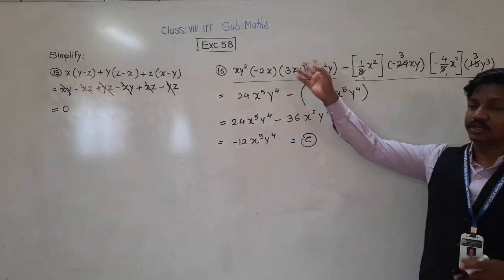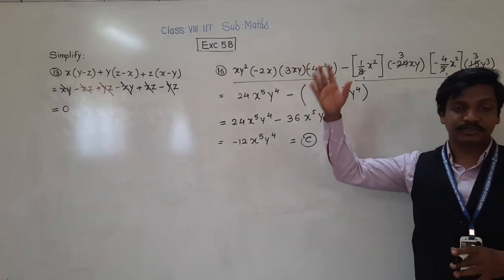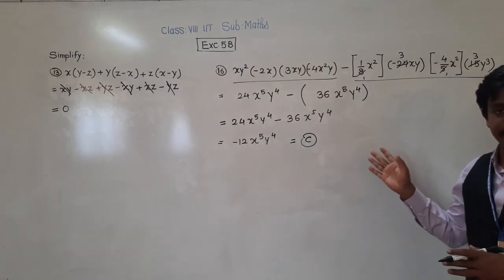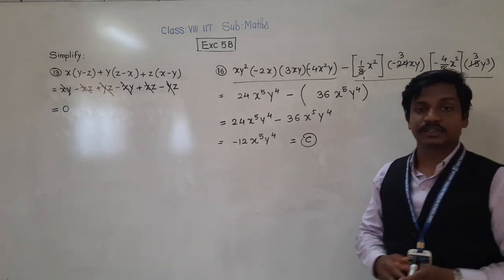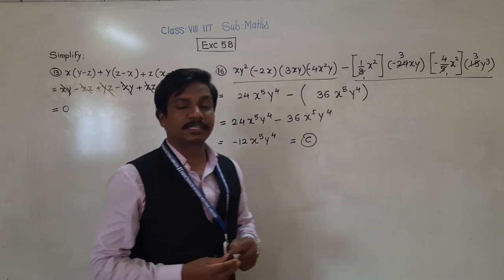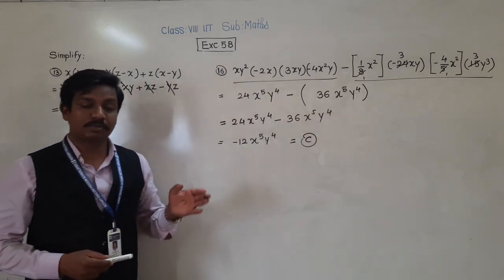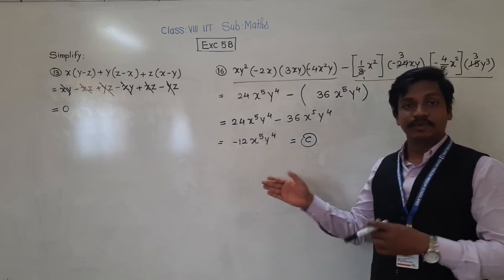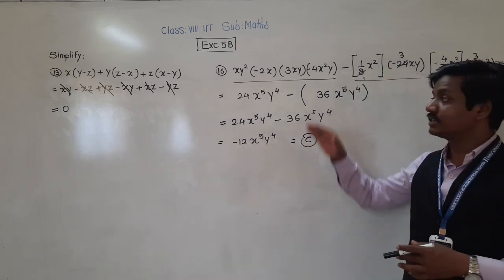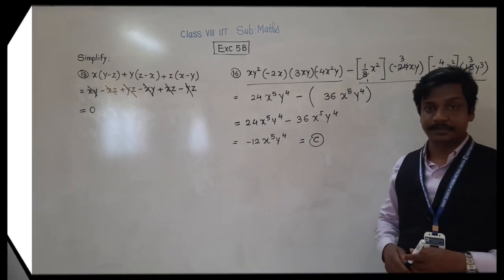Try to multiply here only. Don't take it separately like we have solved the examples. Since there are multiple MCQs, try to go by shortcut. Okay. So I hope today you have understood this concept, multiplication of monomial by monomial and polynomial by monomial. Any doubt if you have, we will discuss during the problem solving period. Till then, complete this whole exercise 5D. Okay.